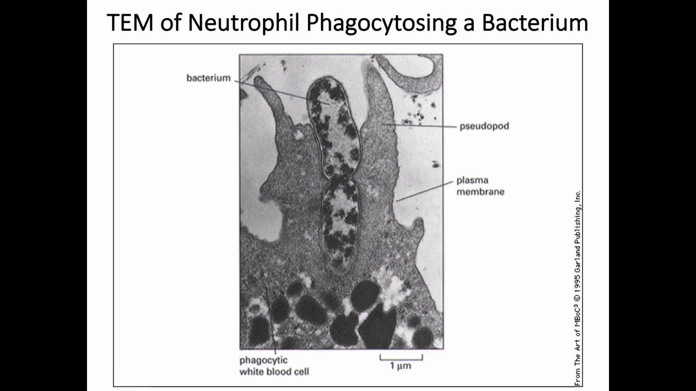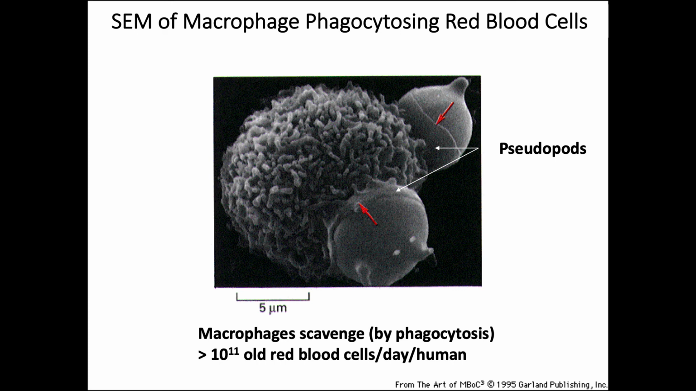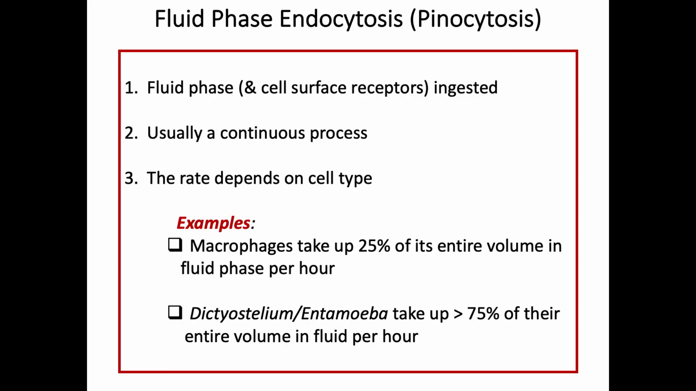This is the picture of a neutrophil engulfing two bacteria using the pseudopodia. Straightforward. We have seen this picture where the macrophage is recycling some red blood cells. You can see the pseudopods being formed. That's it. So after that, we are looking at fluid phase endocytosis, and a macrophage can take about 25% of